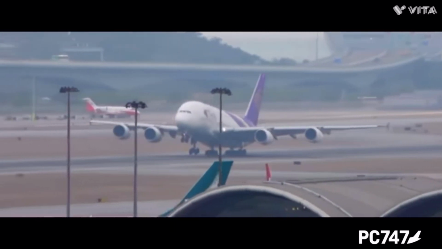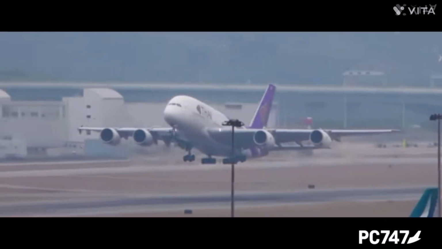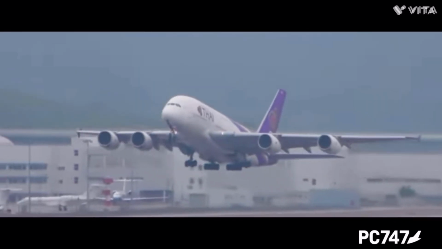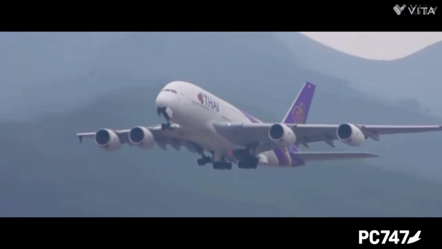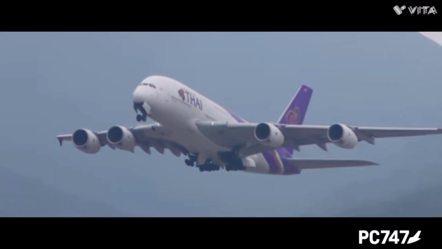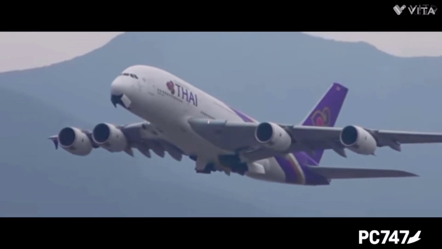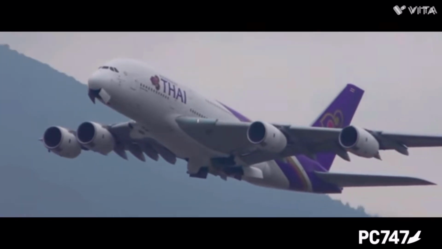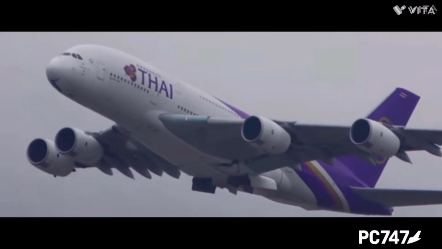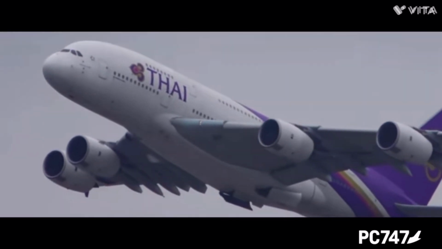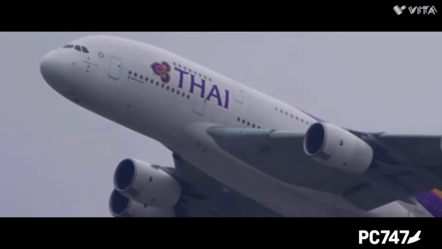Number 7, runway confusion. Most aviation accidents occur during takeoff or landing. One wrong taxi turn, a misheard clearance, or a visibility issue can place two aircraft on the same runway with tragic results. Airports are complex environments, especially during low visibility or at night. That's why situational awareness is critical on the ground, not just in the air.